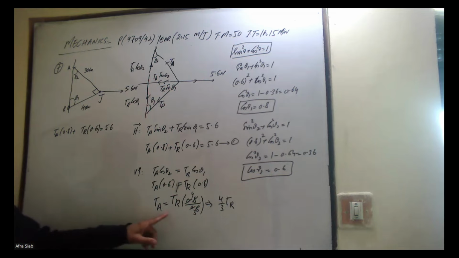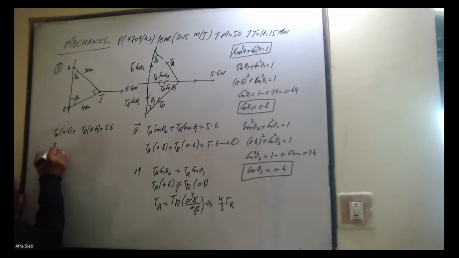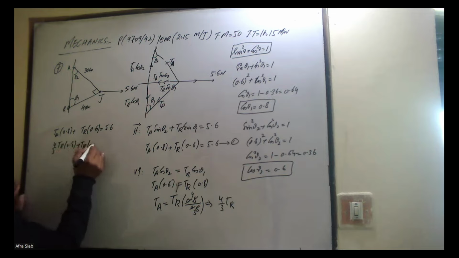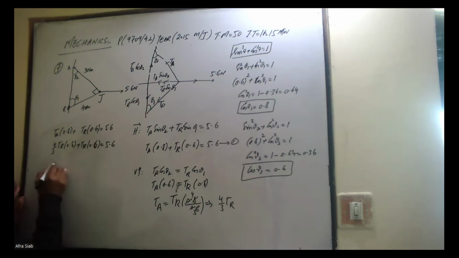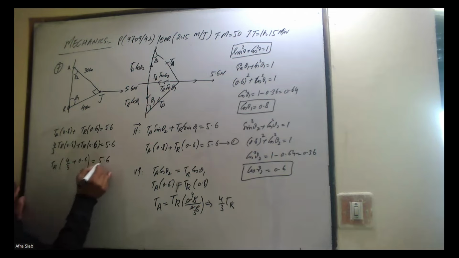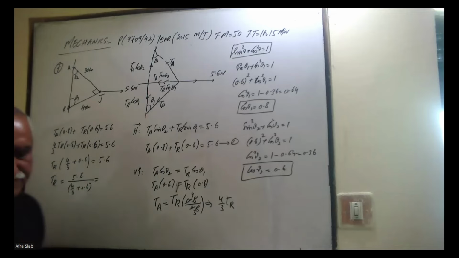But TA is equal to 4 over 3 TR, so 4 over 3 TR into 0.8 plus TR into 0.6 is equal to 5.6. TR is common, so TR is equal to 5.6 over, 4 over 3 into 0.8 plus 0.6, and that value is equal to,